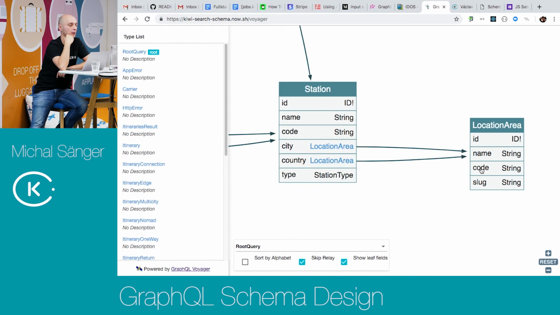GraphQL gives you the ability to deprecate any field. That means it's not visible in tools like Voyager or GraphiQL, but it's still part of the schema. You can get some warnings that you are using something that was deprecated. Try to find what's the proper way, what you should use. And the strategy about deprecation should be: provide the alternative,